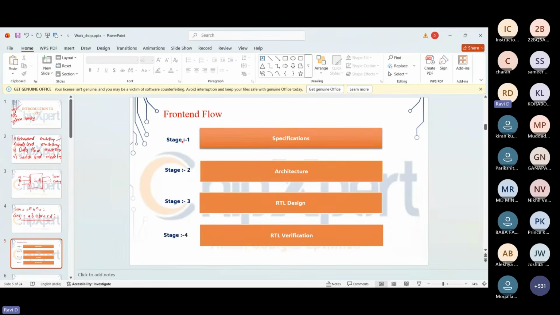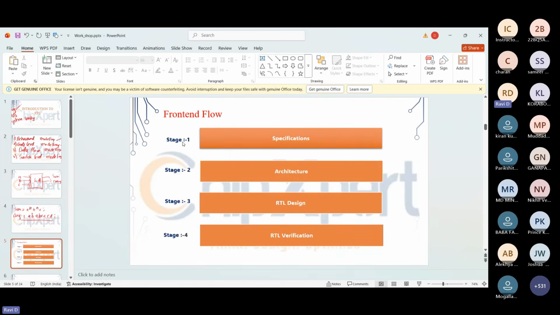The first stage is specifications. Specifications is where we specify the functionalities and requirements, like the nanometer technology, and what kind of board we want, whether an FPGA board or an ASIC board. All the functionality and specifications we write in the specification. It is the first stage of VLSI front end.